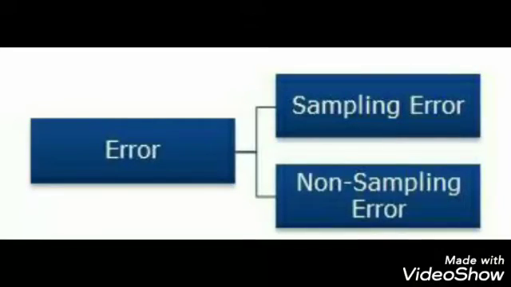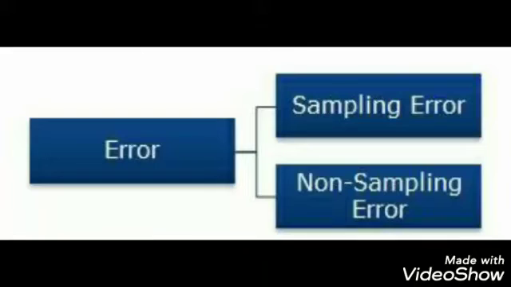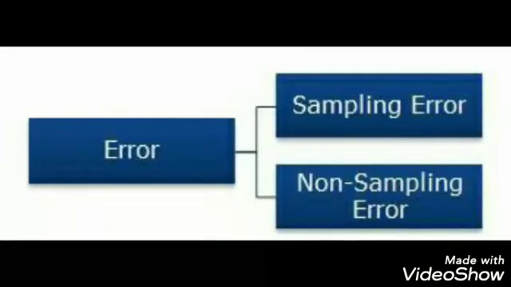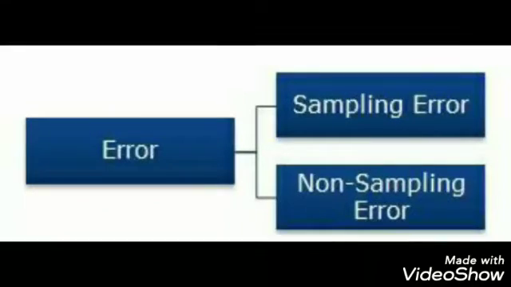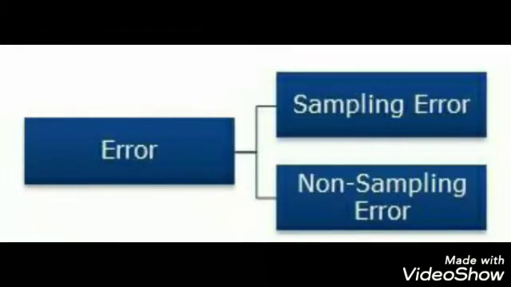Morning students, in continuation with the topic statistical inquiry, today I am going to explain what statistical errors are. Well children, if we compare the two methods, that is the sample method and census method, we'll find that the sample method of statistical investigation is preferred in comparison to a census method. The reason is very simple, because the sample method is less expensive in terms of time, money and efforts involved.